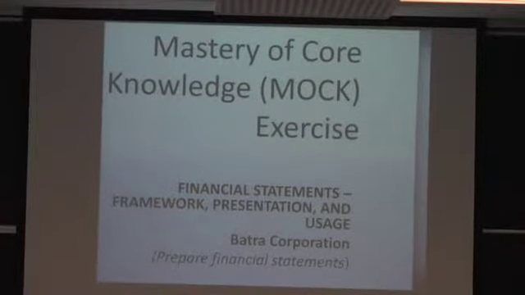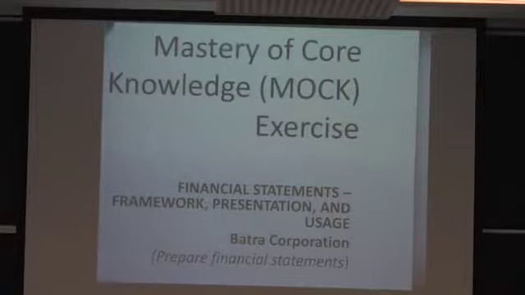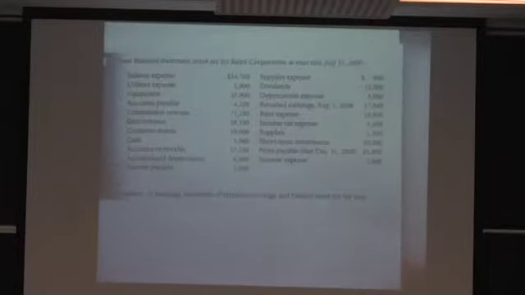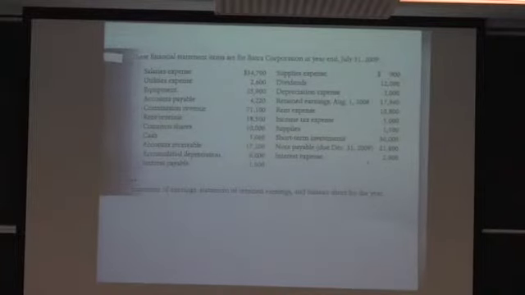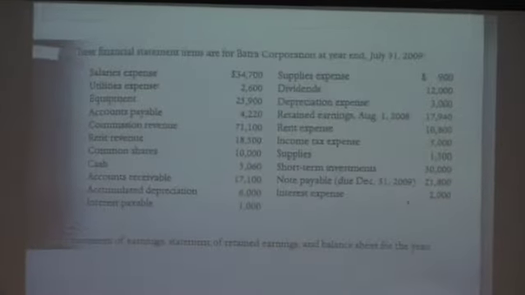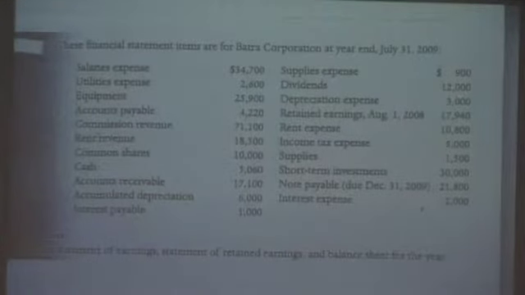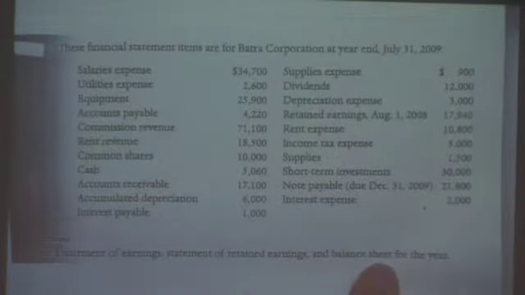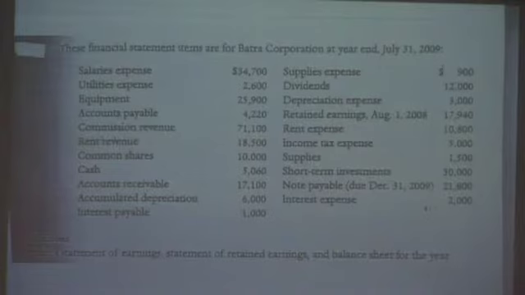For this mock exercise, we're asked to prepare financial statements for a company called Batra Corporation. Let's take a look at the question. This question gave us a trial balance, or a list of balances at the end of July 31st, 2009. And we're asked to prepare 3 financial statements. One is called the statement of earnings, i.e. income statement. The second is the statement of retained earnings, and the third is the statement of financial position or the balance sheet for